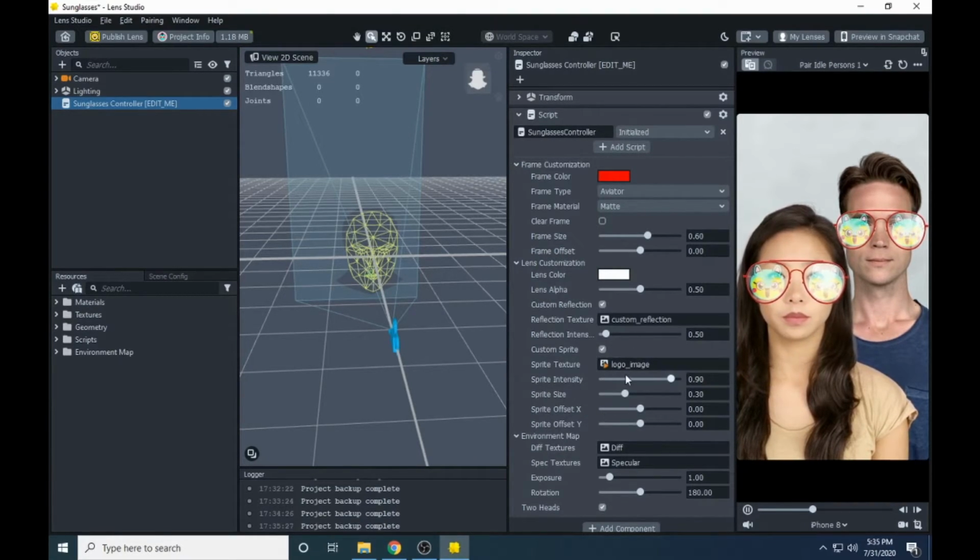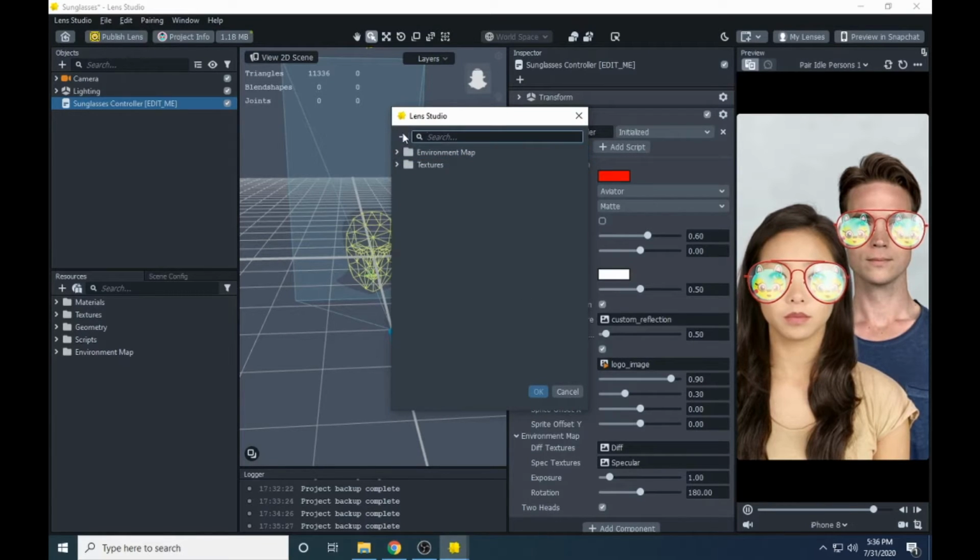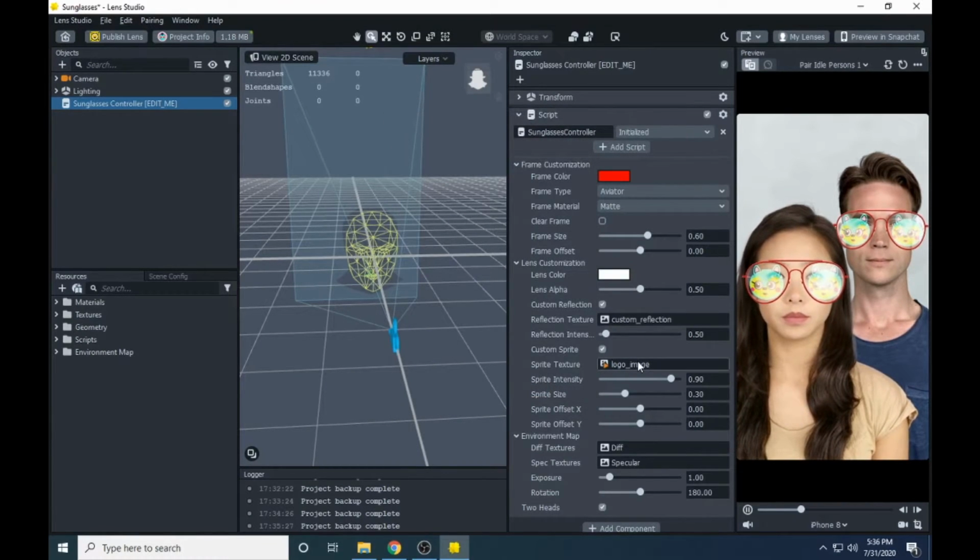In sprite texture we have this cute bunny type emoji or gif. So I want to change it. I have an image to change it.